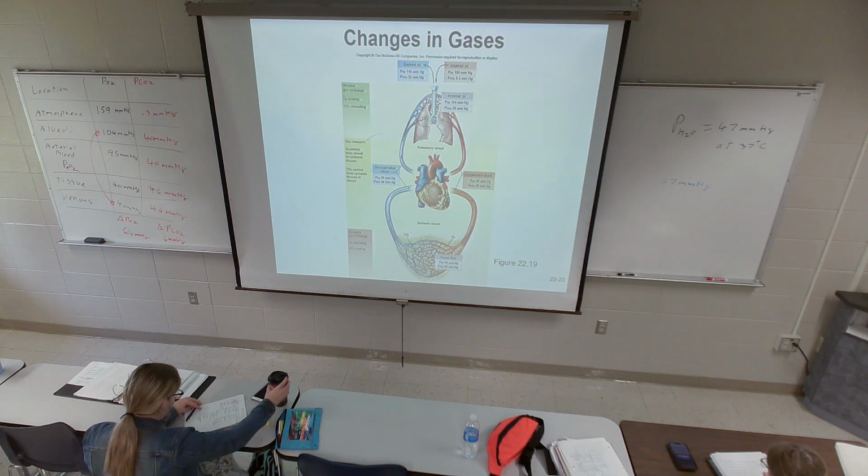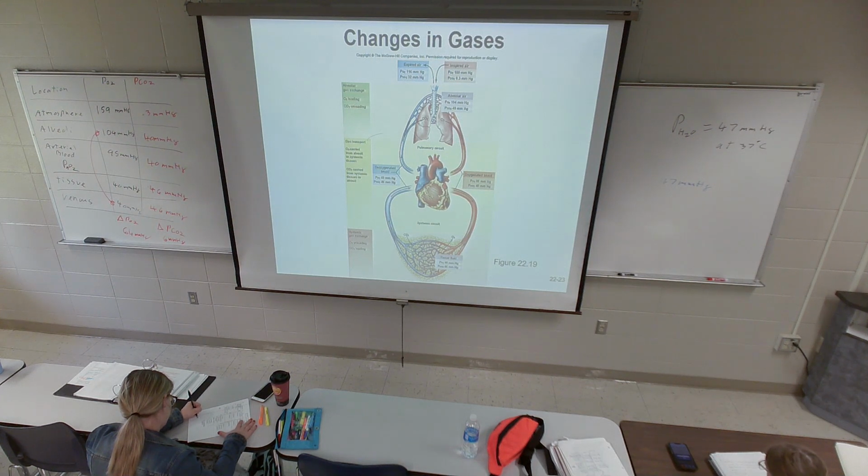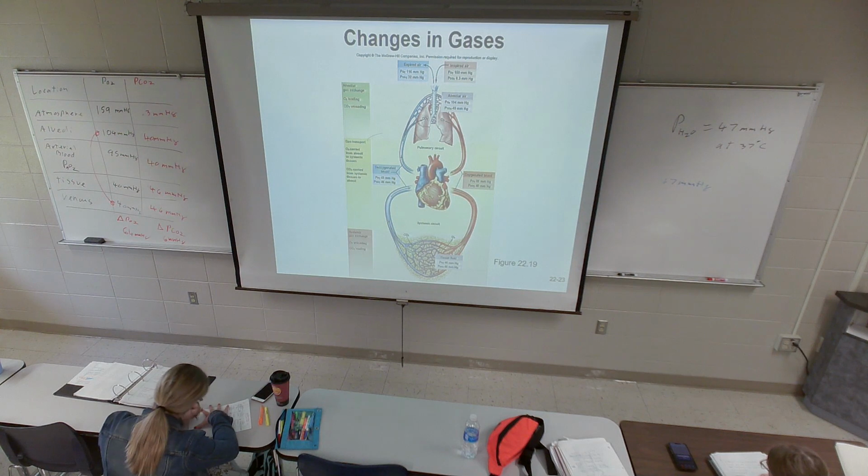Remember, what are factors that affect rates of diffusion? We've looked at things like distance, right? Surface area, concentration gradient. Well, the respiratory membrane is the same thickness for both gases, right? The molecular weight of oxygen and carbon dioxide is pretty darn close. That's not going to account for that. If you look at those numbers, which one are you going to guess you move more, oxygen or carbon dioxide? I guess oxygen, right? You got 10 times the concentration gradient. Everything else seems to be the same.